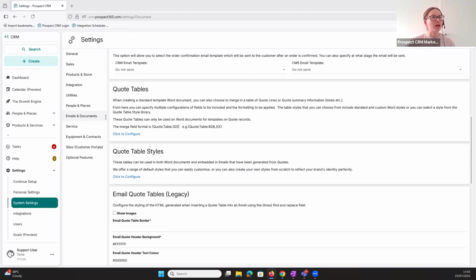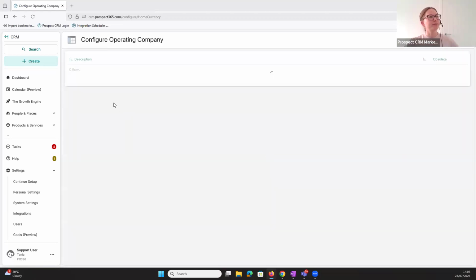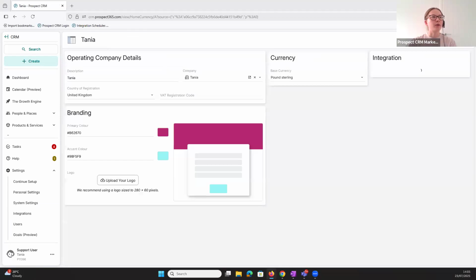So to check those branding colors, we're going to go to Integration Operating Company and click into your operating company, and here it is. So you can see we've got the primary color and we've got the accent color. You've also got a chance to upload your logo. Now, that's not going to affect the quote table styling, but it's still good to do because the branding that you set up here isn't just used by the quote table styling,